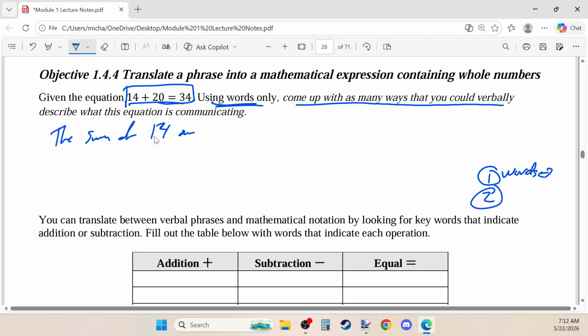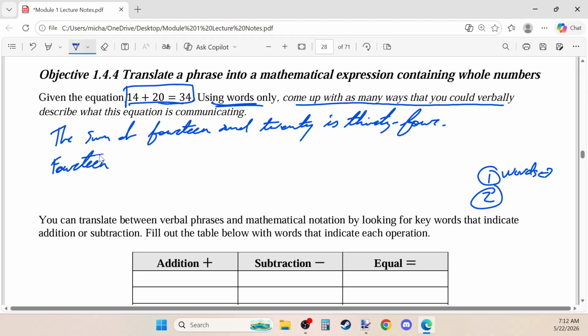So we might want to write out, do we want to write out the symbol or the words? 14 and 20 is 34, or we might say 14 plus 20 is 34,